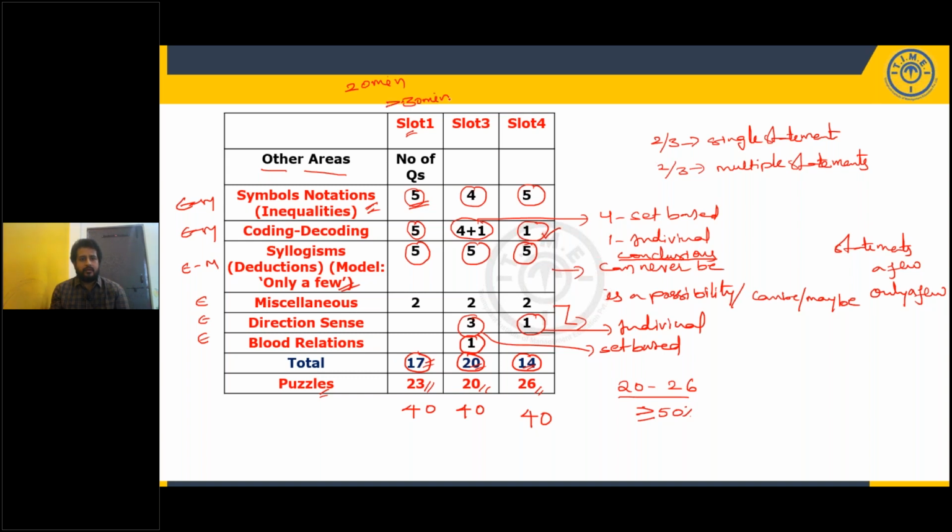Comparing to the previous years, comparing to the 2020, 2019 RRB PO prelims reasoning section, the 2021 reasoning section is slightly higher level of difficulty when it comes to puzzles, not with other areas. Other areas they always give in a constant way. The same models, the same traditional model they will give you. But when it comes to the puzzles, they have given slightly higher level of difficulty, that we'll discuss in the next slide. Okay.